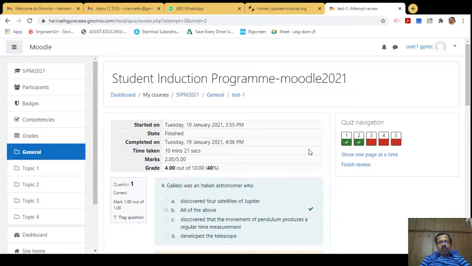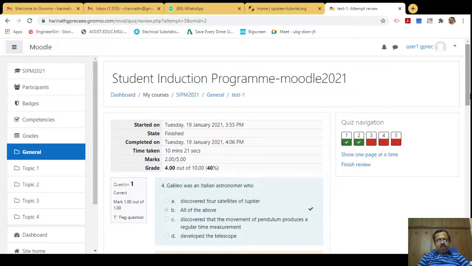So like that you'll have a quiz test using Moodle, our college Moodle website. This website is just a sample, and just for getting experience I've created this particular Genomeo website. Okay, so like that you'll be given a stipulated time. Once you start the quiz, sometimes you may be given 10 minutes as quiz time, 15 minutes as quiz time, like that. So within that time period you need to answer, or else it will get submitted automatically. Okay, so that's about how to experience the quiz using Moodle.